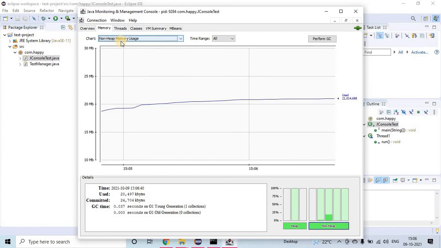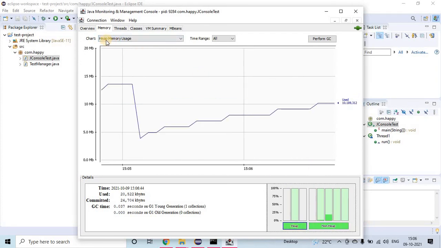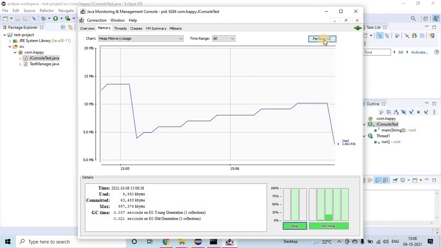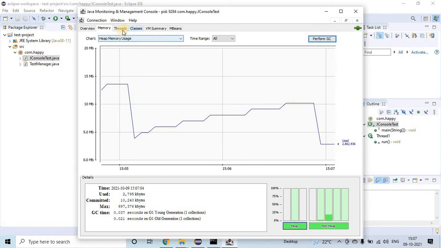Those all come under non-heap memory usage, and heap memory usage is this. So this is one thing, the memory profiling you can do. And you can perform a GC also if you want. If you perform a GC, see, immediately the curve came down, because the garbage collector will sweep out the unwanted objects.